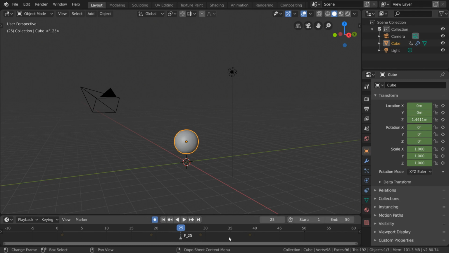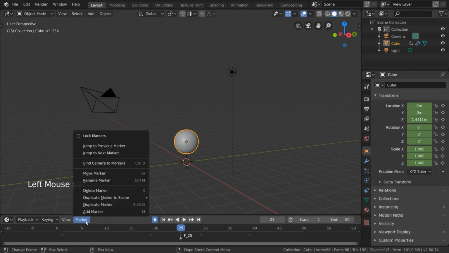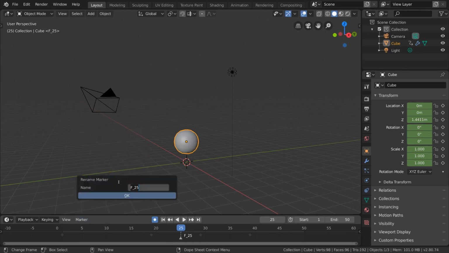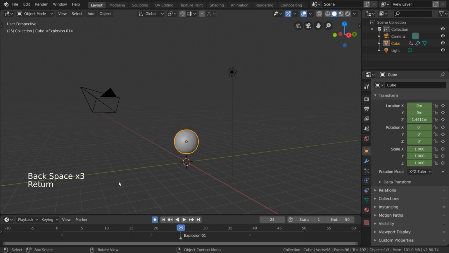As you can see, a small triangle and a vertical line gets created at your current frame to mark that frame for later. You can rename this marker at any time by selecting it, going back into the same marker menu, and selecting Rename Marker. Then type the name you want. Let's call this one Explosion 01 and press Enter twice. For hotkey users, you can press Ctrl M as in marker, but you have to have your cursor hovered over